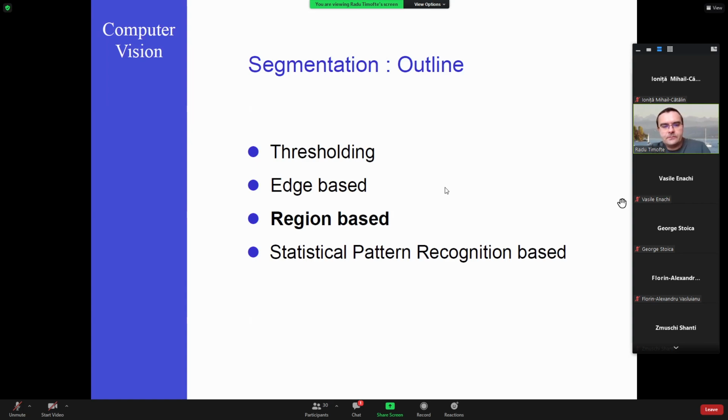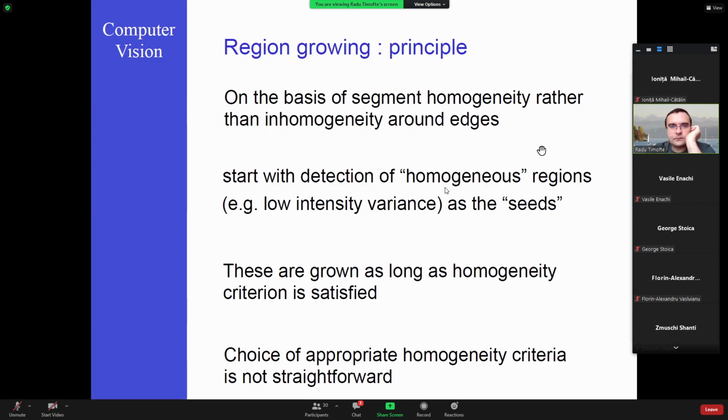Okay, any questions? If not, let's continue. We have seen image segmentation based on thresholding, and image segmentation based on edges. Now let's look at region-based segmentation, and for example, region growing